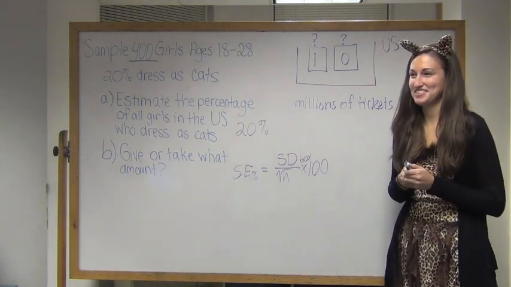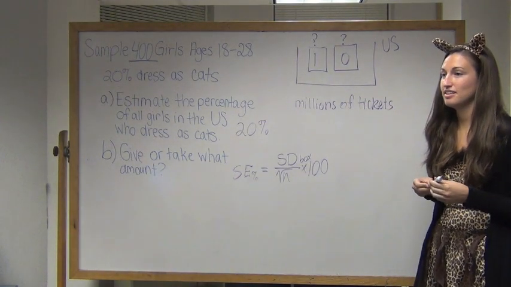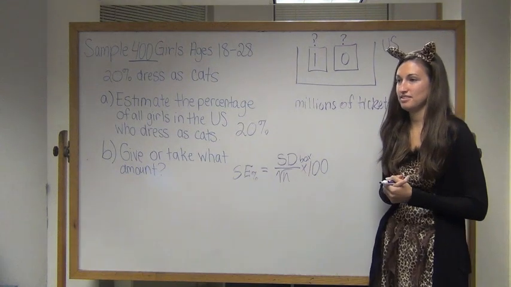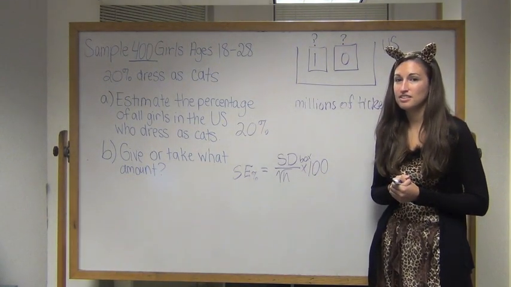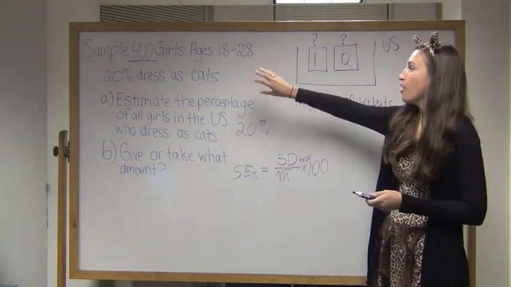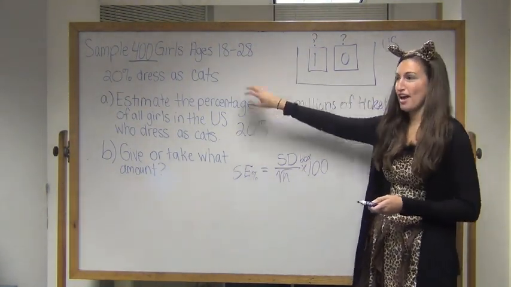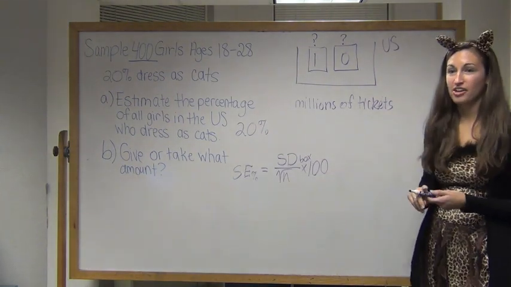Wenli? Could we just use the proportion from the sample that we got in the survey? So like 20%, 0.2, would represent the ones, and then maybe 0.8 would represent the zeros? Yeah, that's a good idea. So we're going to use what we got from our sample survey to estimate what we have for the entire